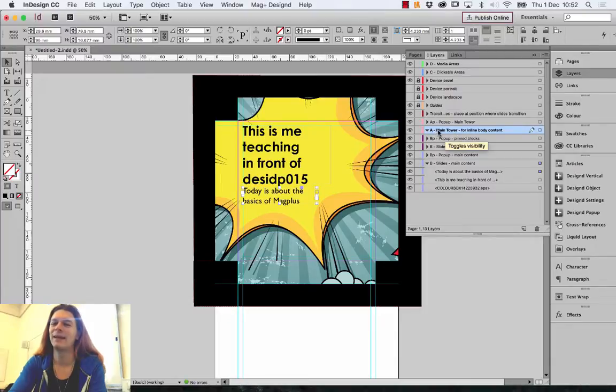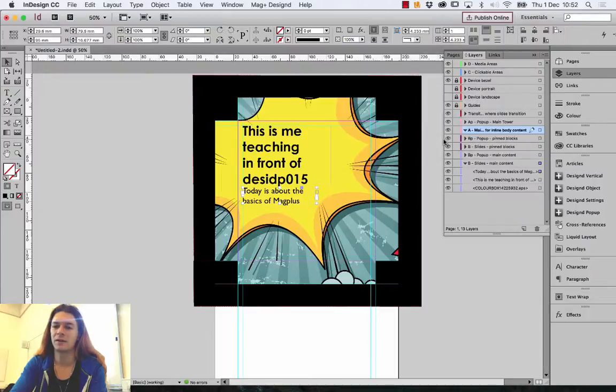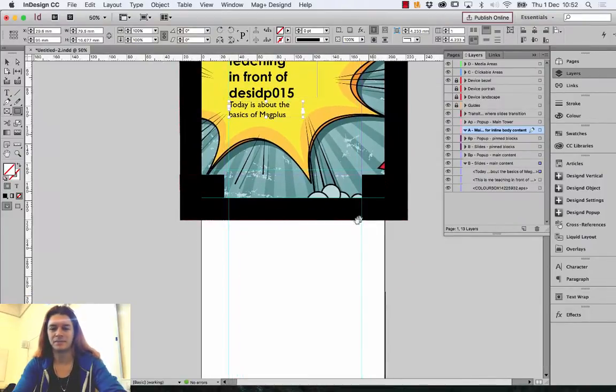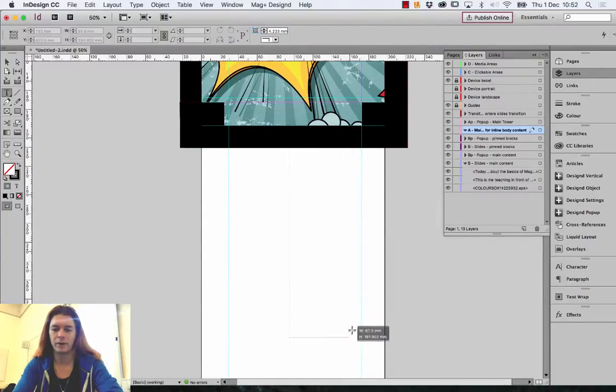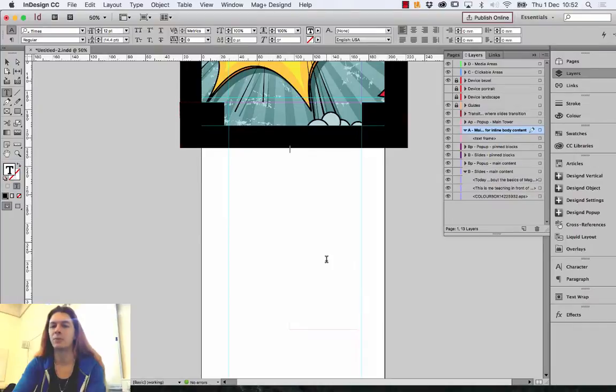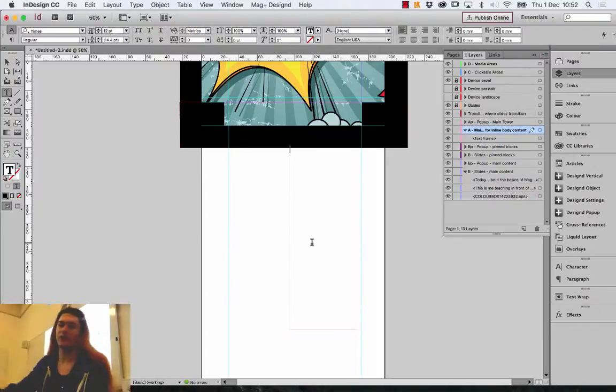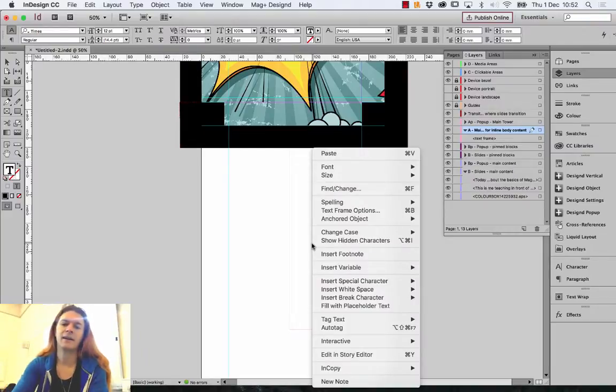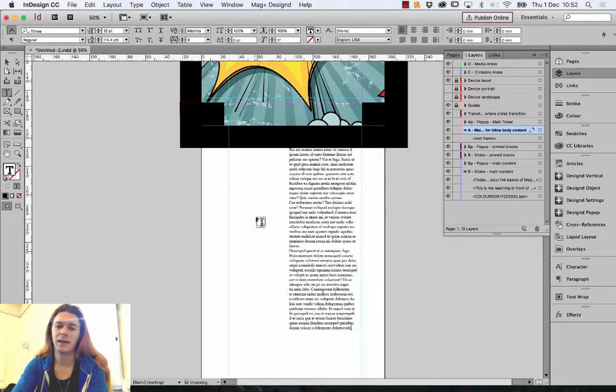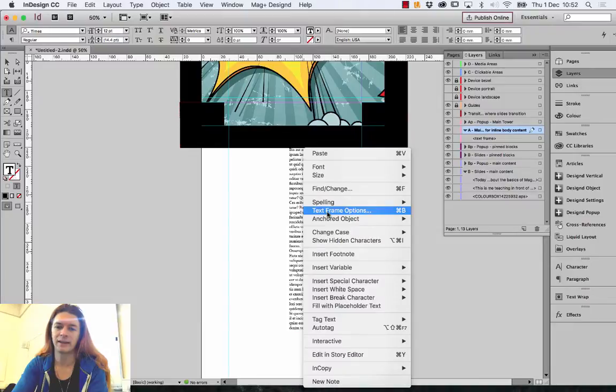The one called A main, you can make your scrollable content, meaning that you can actually, let's say, put some text down here. I'm just going to make this lorem ipsum text. So I'm going to make a text box outside of the field we actually see. I'm going to right click it, fill it with placeholder text,